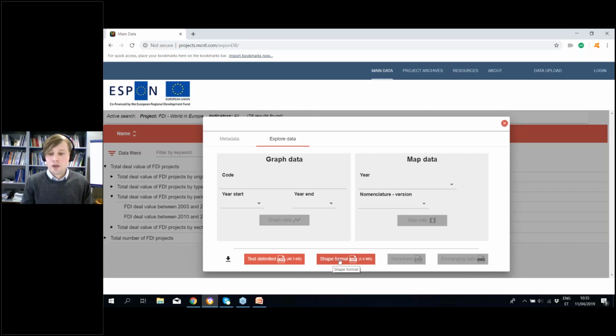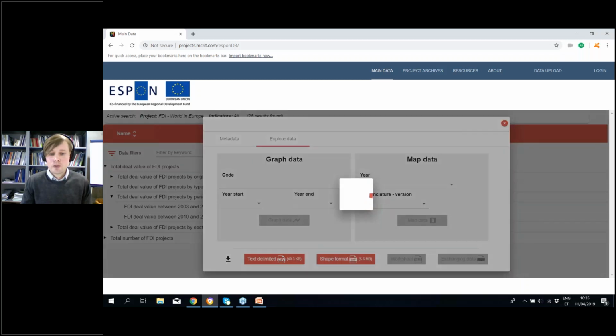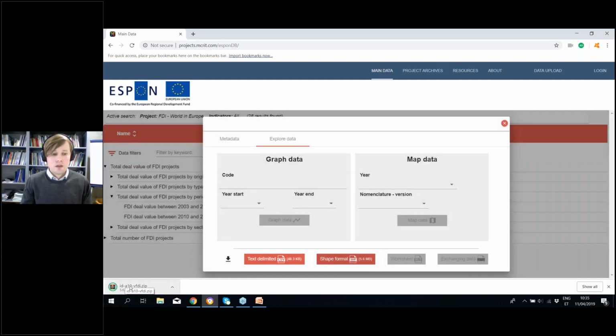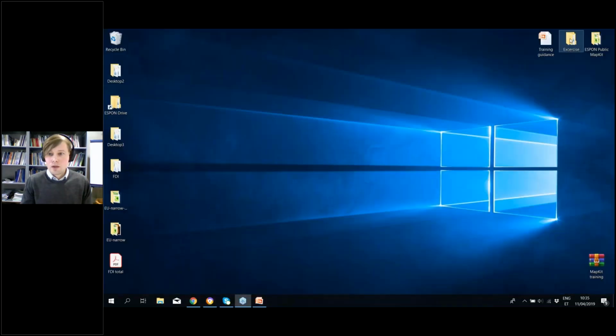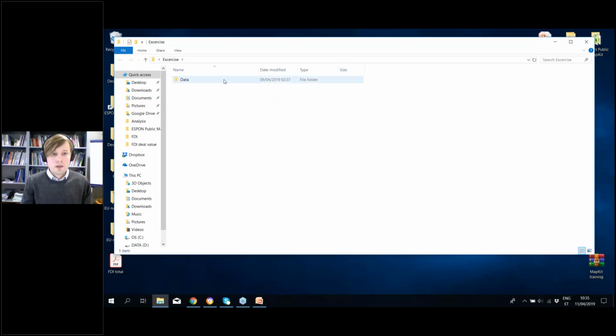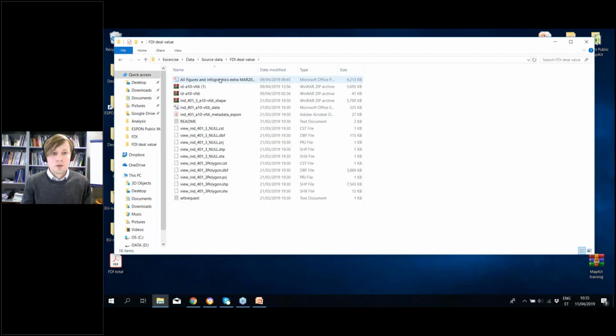So let's first try out the shapefile. Click on it. It will download it to the respective folder. I have it in the exercise file, and I downloaded it into the source data. So a tip here that I would recommend is that if you download the data, make a copy, or at least